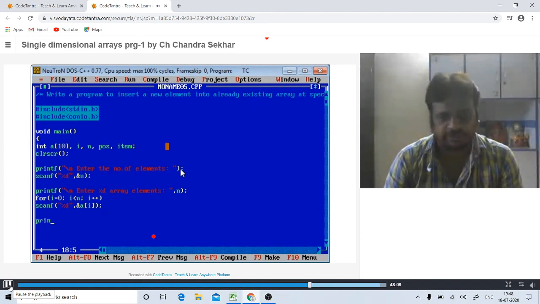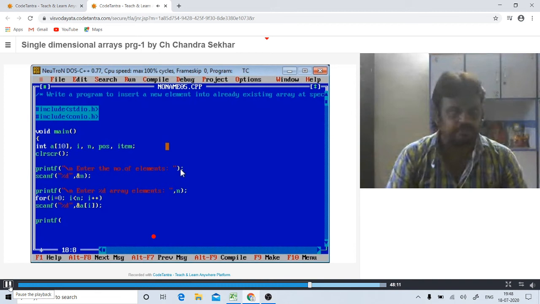So printf enter the new element, scanf %d &item. So the new element variable is item.